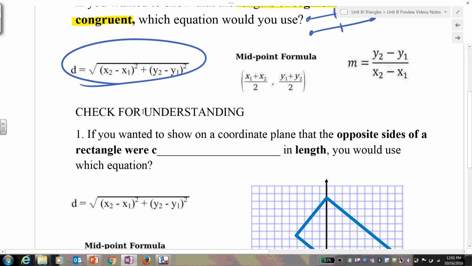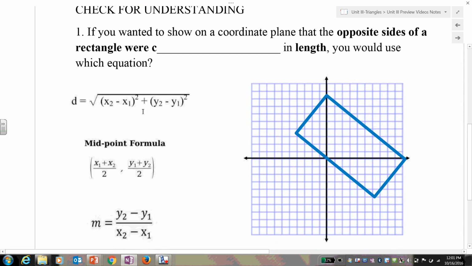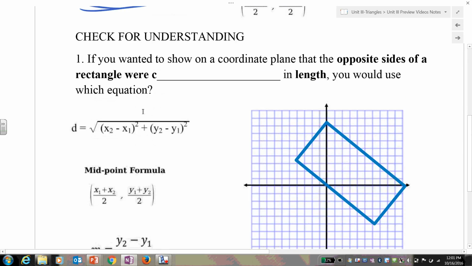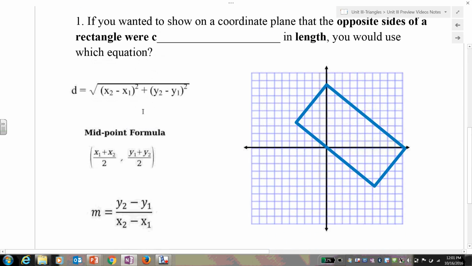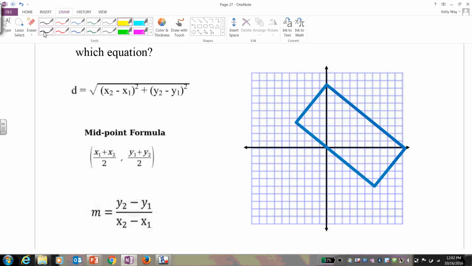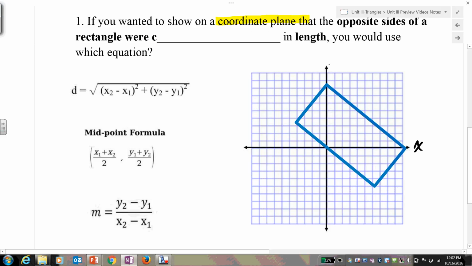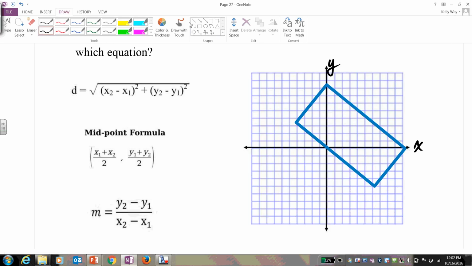Let's see if you understand. I'm going to read these. We're going to do this one together, and the next two you're going to do on your own. It said, if we wanted to show on a coordinate plane, and anytime you think coordinate plane, you're thinking an XY grid. So these are things that involve a coordinate plane. They involve coordinates, X's and Y coordinates. If you wanted to show on a coordinate plane that opposite